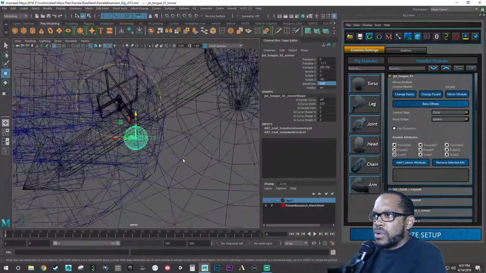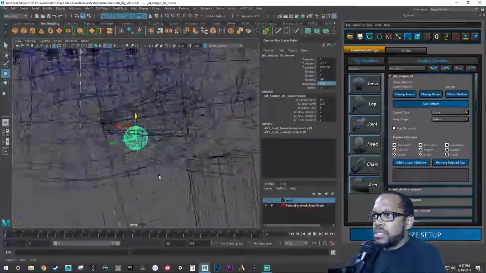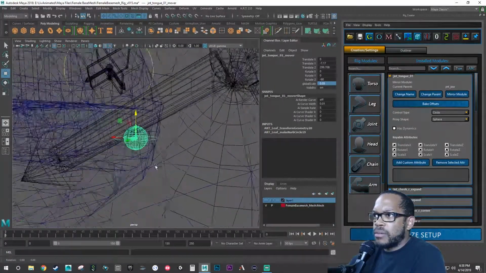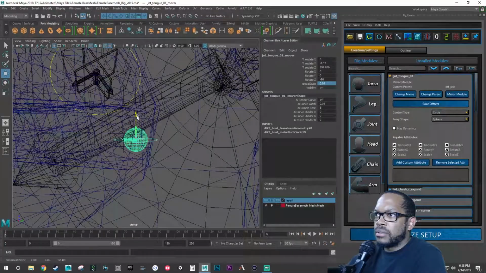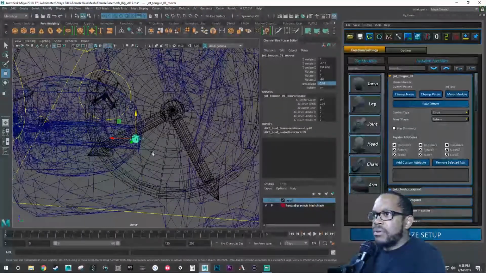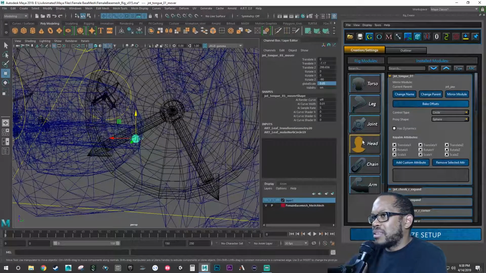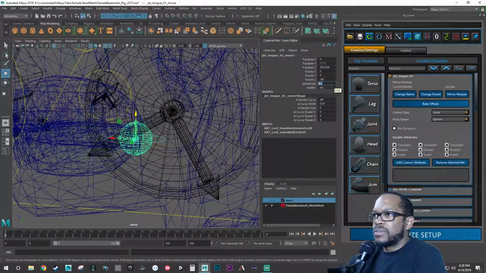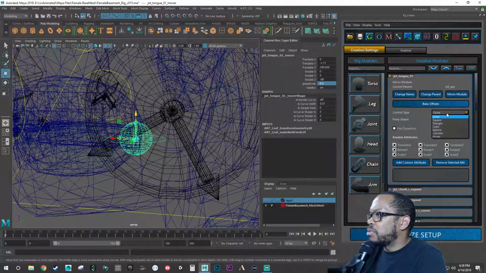So this looks like where our tongue is located. You can see here's the top part of it and the bottom part of it. I'm just trying to make sure we're in the middle. And we want this to be larger. You're not going to be able to select that, so let's say 0.2. And you can't select that control, so we need to probably change the control type to be